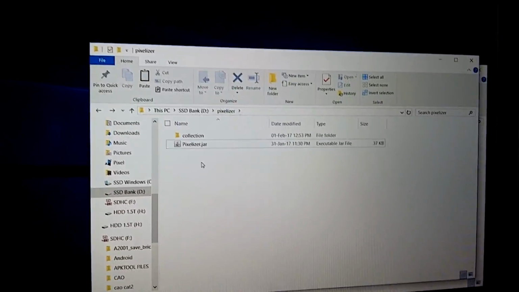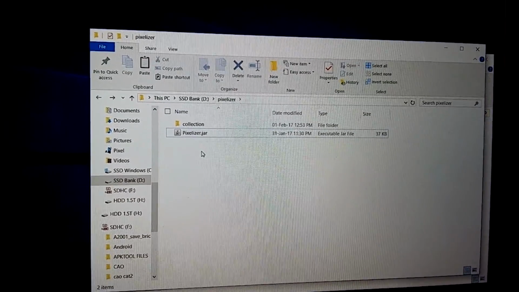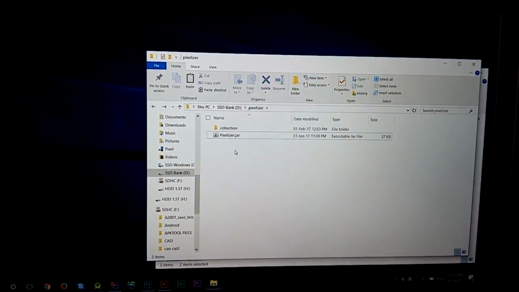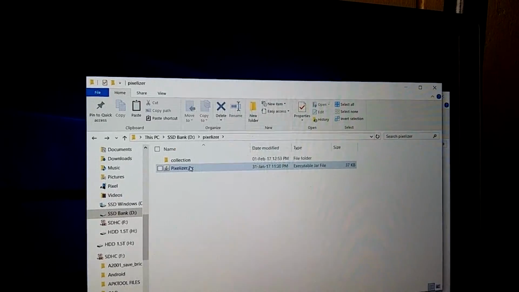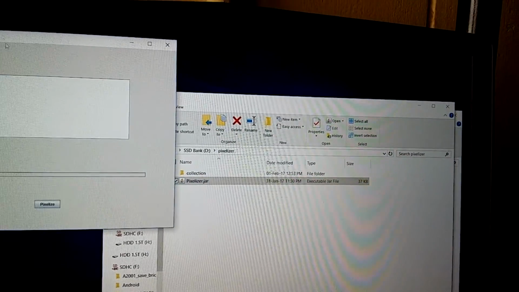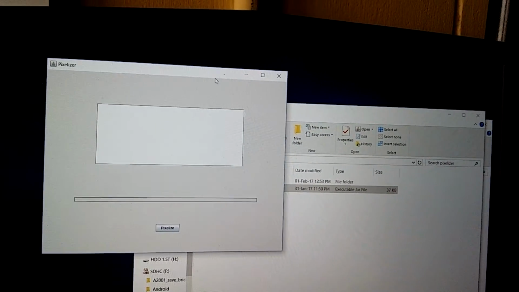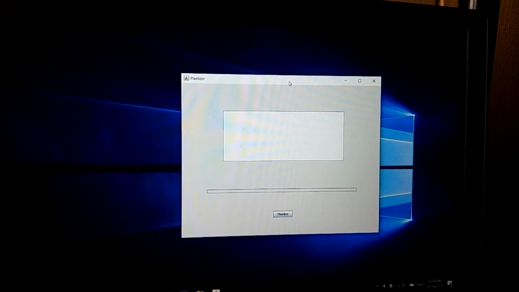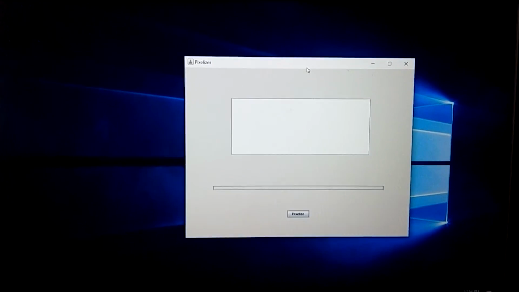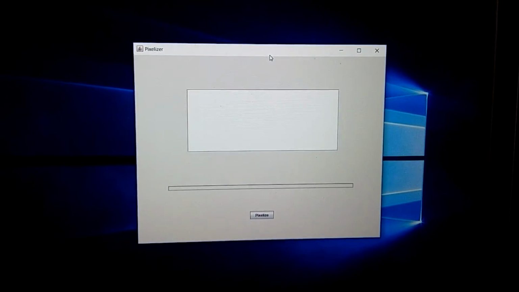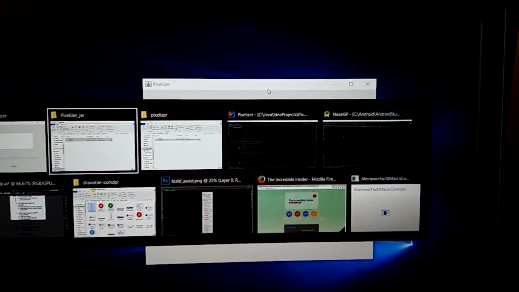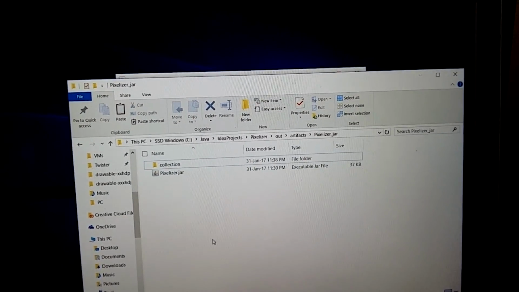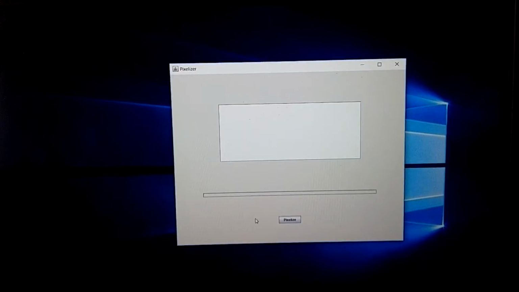Now let's go ahead and start pixelizer.jar. As I said, you need JDK on your PC to run this particular software because this thing is built on Java, and without the Java runtime you can't run Pixelizer. So let's go ahead and open pixelizer.jar. As you see, the UI is quite simple, and let's go ahead and minimize the other windows. I'd recommend you guys to read the readme file. I'll be attaching a readme file along with this, which would be present in this folder. It's not there right now, but I'll be putting a readme file over here, and I'd recommend you guys to read that.